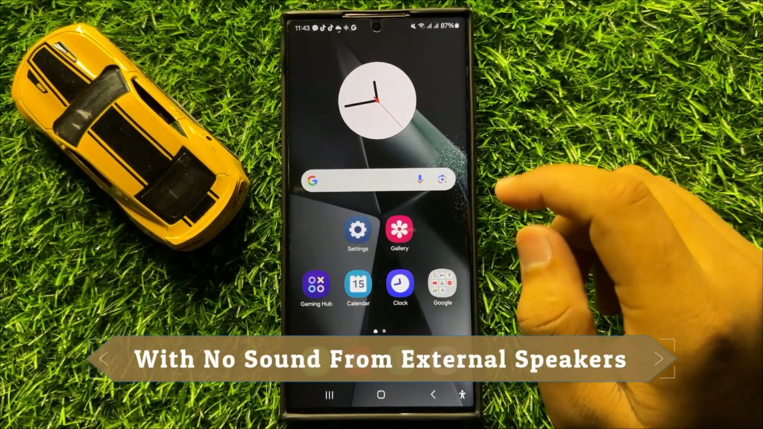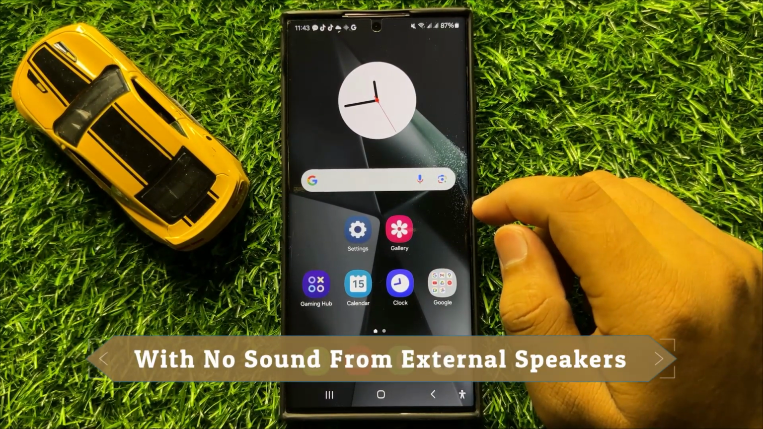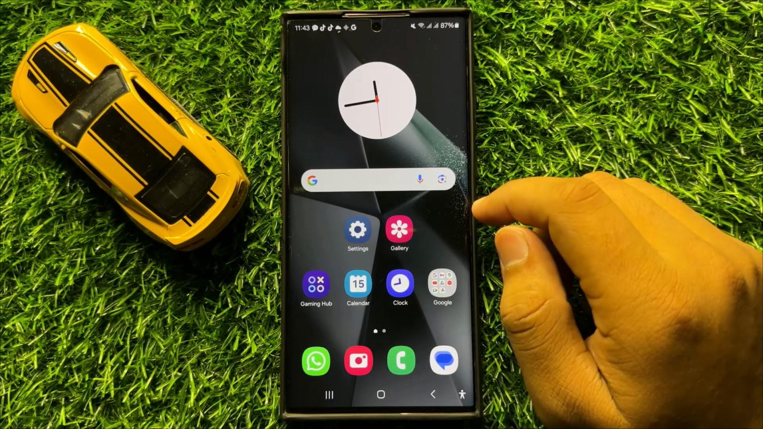Hello everyone, in this video I will show you how to fix the sound issue from external speakers in Samsung